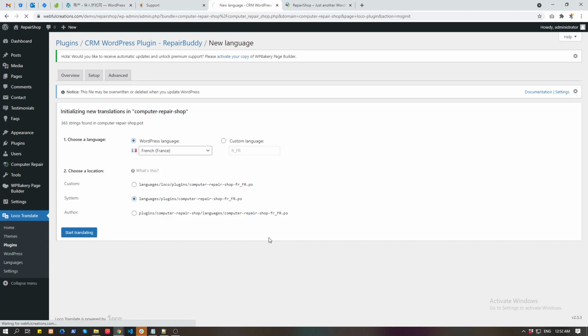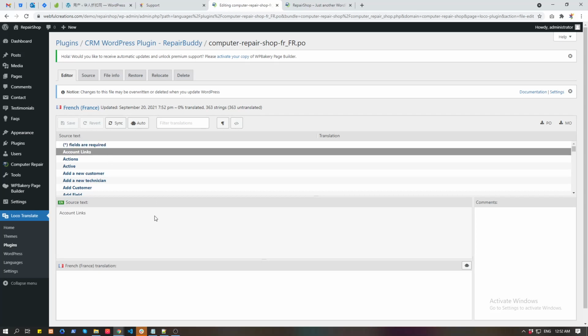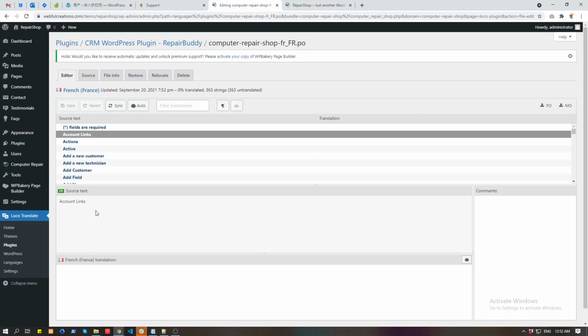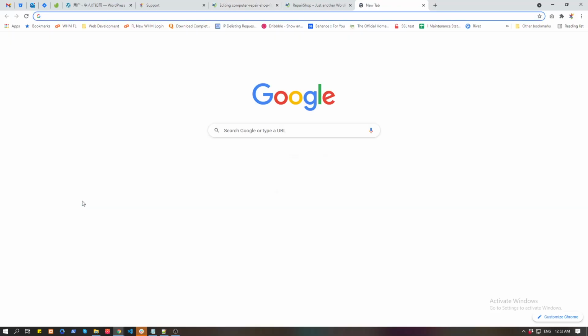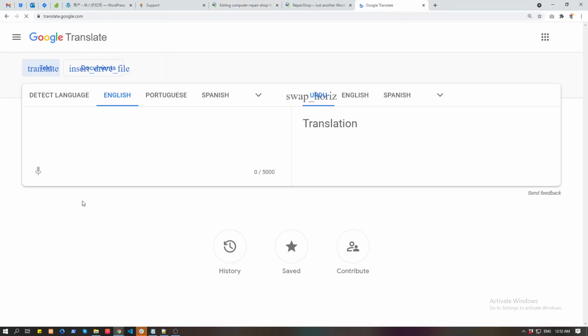Start translating. I think you are ready to translate now. Now you see all strings here, like here you have to type your translation. I will use Google Translator for now because I don't know how to translate in French.